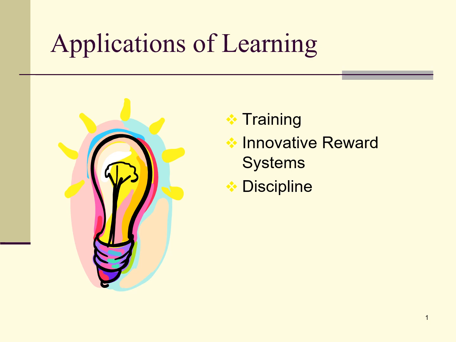I want to round out these modules talking about the applications of learning. So what is training? What are the components of training? And how can we ensure that training within organizations basically mirrors what we know about human behavior and how humans learn? We'll talk a little bit about some more innovative reward systems that have been tried in some organizations to some success. And we're going to finally end with a little bit more on that idea of punishment through discipline.